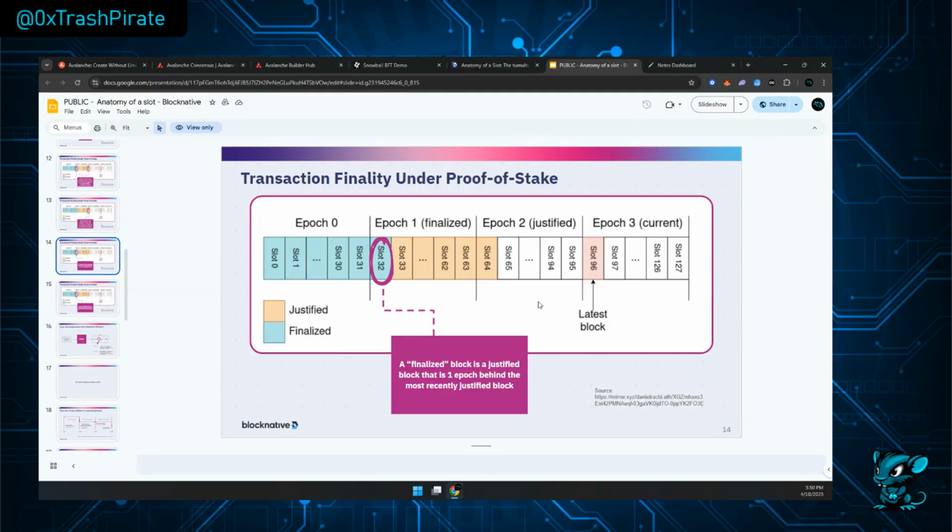Two-thirds have to attest to it and agree on the block. And it takes almost 13 minutes to get a transaction finalized and considered as not changeable anymore. Some applications are happy with the justified state, but officially finalized and unchangeable is when the block is finalized. But that's a long time for certain applications, especially gaming, where things happen really fast. You don't want